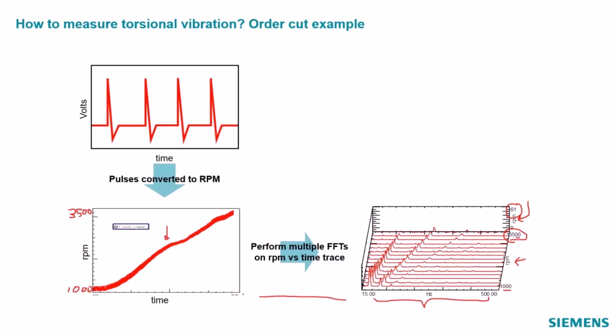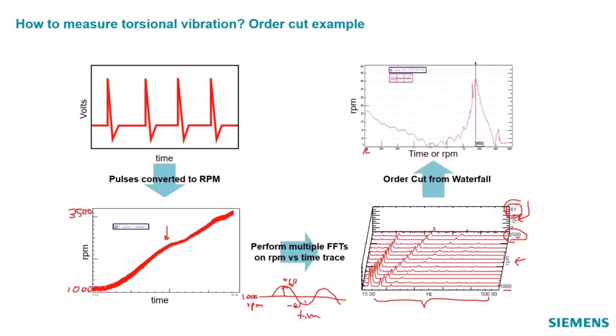If you have your RPM here at, I don't know, 1,000 or something, and then the RPM is going up and down, you know, you got your plus 60, your minus 60. That's what this number is. Gotcha. And we can do things like an order cut. So again, this order cut might go from 1,000 up to 3,500. And then this one, you can see this goes up. It's hard to see there, but it goes up to about 200. And this is the amplitude of the fluctuation in RPM.